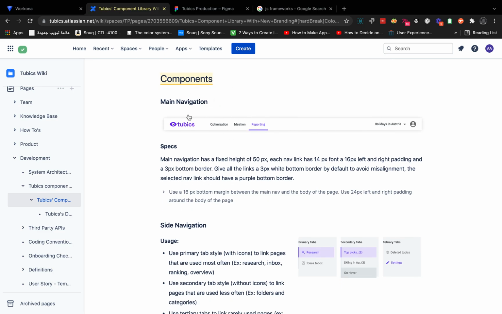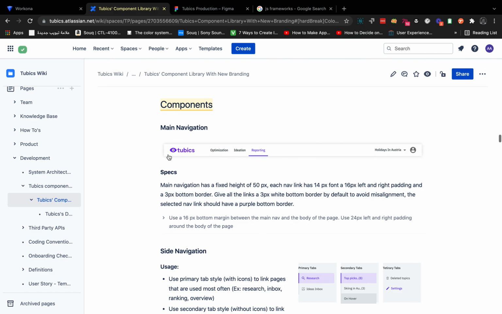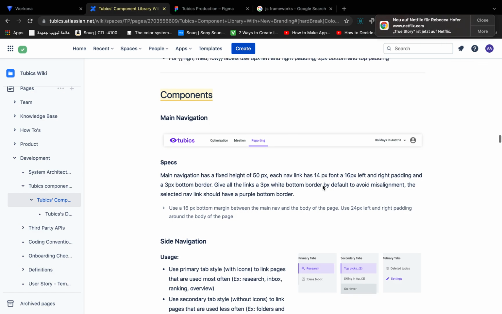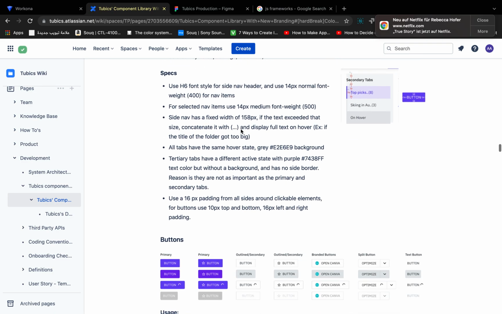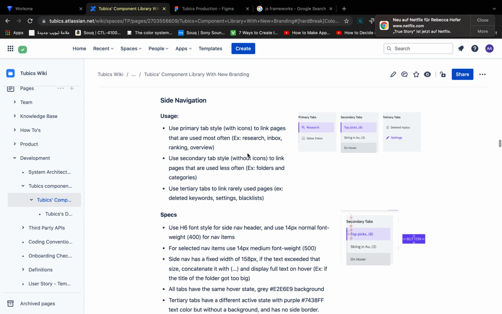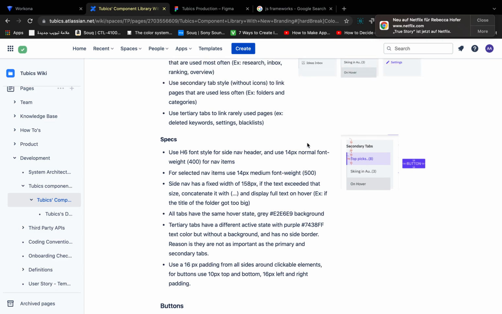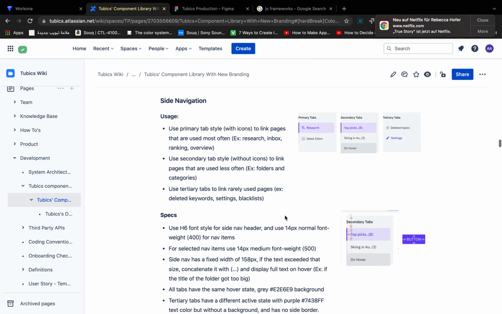I break down each component into specs and usage. For example, the main navigation has some specs. It always has a fixed height of 50px, and each nav link has a 14px font, etc. The side navigation also has some usage guidelines and specs. Usage guidelines are where to use it, when to use these components. Specs are the font, the style, the border, the spacing. All these are called specs, and the usage is just the UX guidelines, where to use this, when to